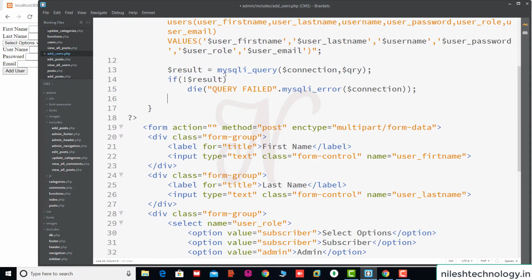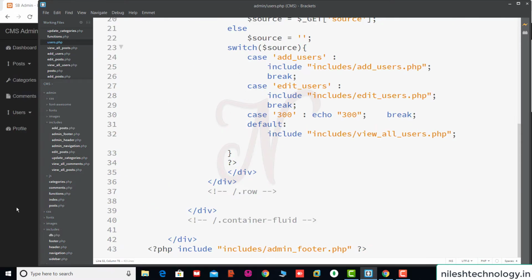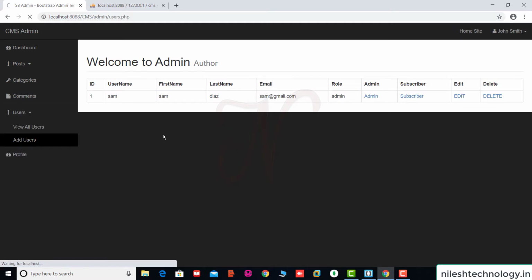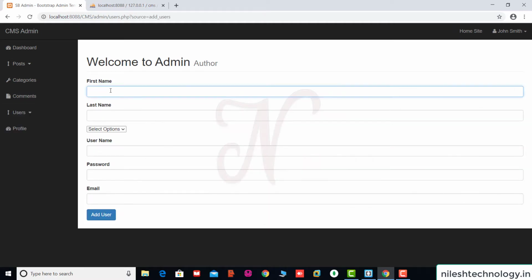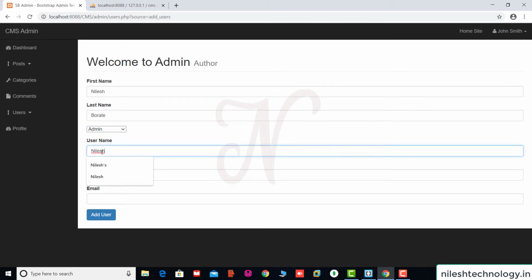Okay, perfect. So we test this code. Save these changes. Here we run this users.php file and go to add user. First name is Nilesh, last name is Porate, my role is admin, the username is, for example, just Neil, and the password is 1234.